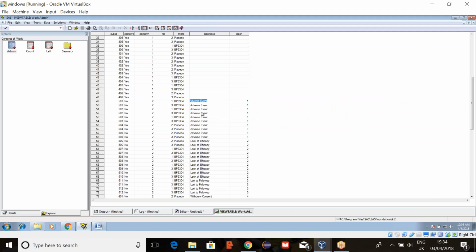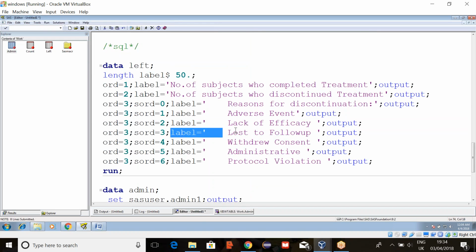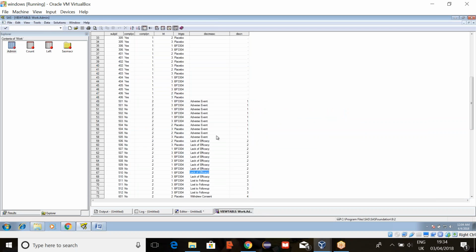See here, the same thing will be there in the dataset also in the same order: adverse event 1, lack of efficacy 2, loss to follow up 3. In the same order it will be there, so we need not worry about all these things. The adverse event 1 is given in our dataset.